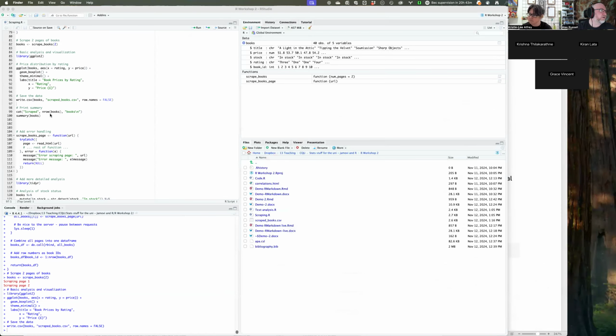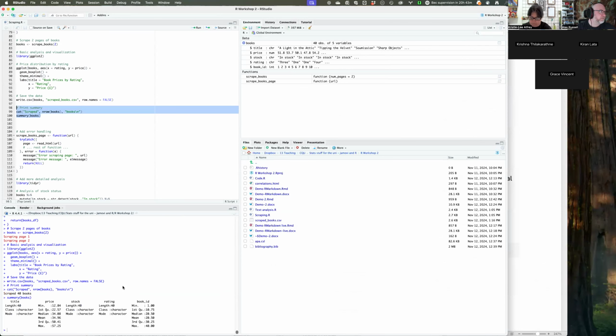What else have we got here? All right, let's have a look at a bit of a summary of what's going on. So here's that summary of variables that we saw last time. So the title, right? There's no summaries like means or whatever of titles because these are just book names. So this is a character or string kind of thing. Price is numeric. Whether it's in stock or not is a character thing. So if I wanted to do a t-test or whatever, I might need to consider making these into factors,